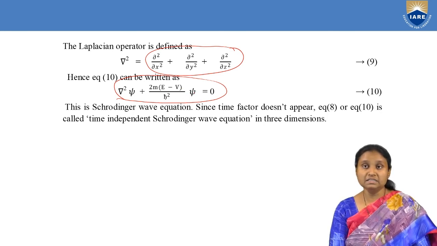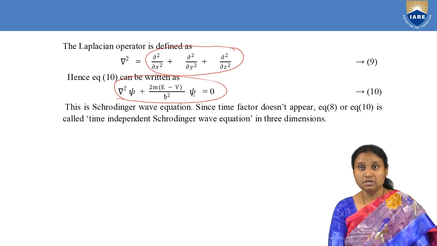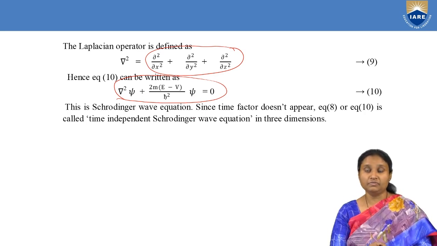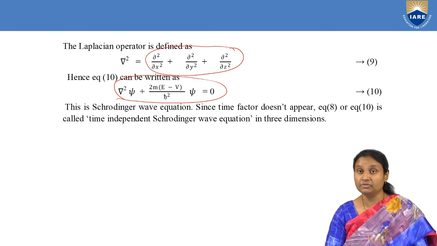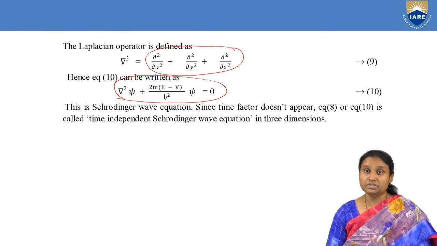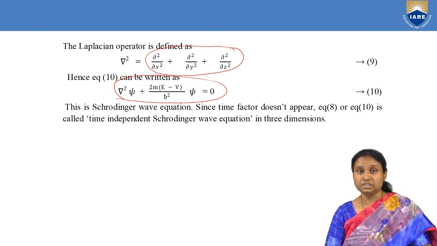In this case, our wave function psi depends on the position coordinates x, y, z. It is not dependent on time, because we have removed the time factor. We have made it dependent only on position coordinates. So this is our simplified Schrodinger's wave equation. In this session, we got one wave equation for matter waves, and this wave equation is dependent only on position coordinates and is independent of time.